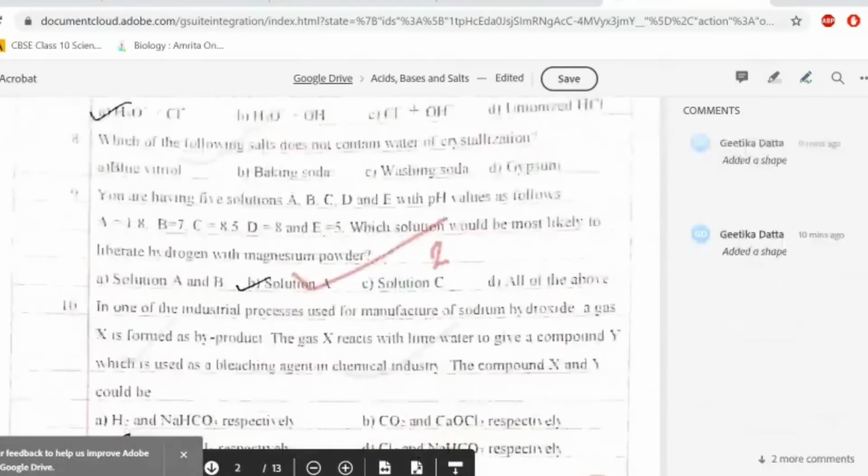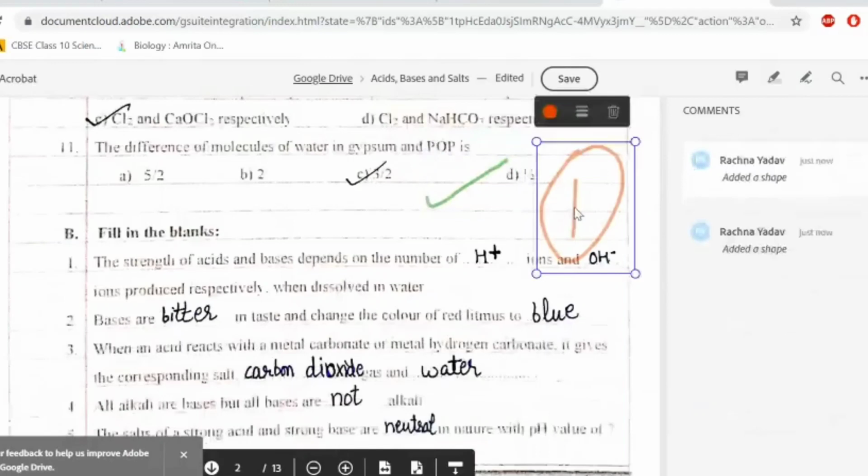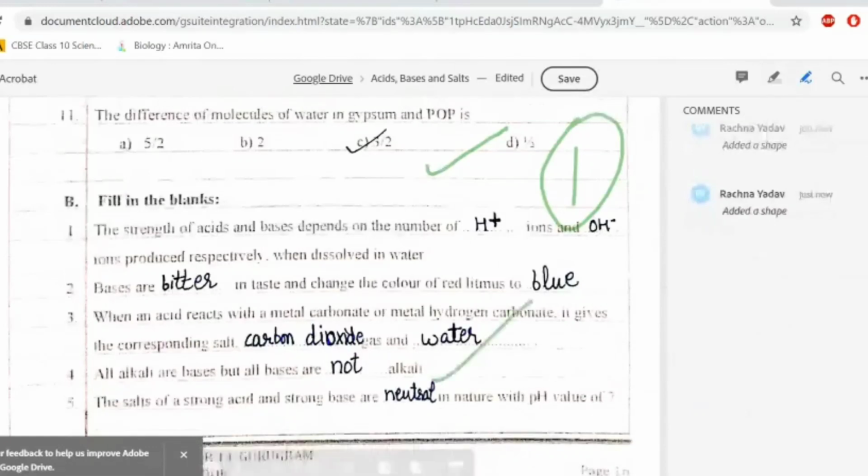Okay, so I am changing this color to green. So once I have changed it, I can use the same color and give marks further.